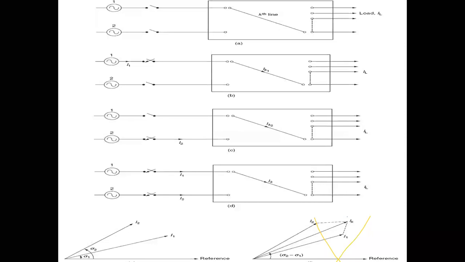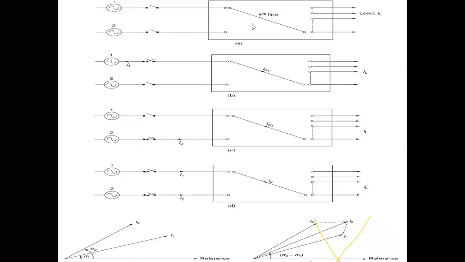According to this theorem, we apply inputs individually and see the response. Finally, we apply all the inputs together and again see the response, and these two responses must be the same. For example, let's consider figure 1. Here we are taking two inputs, input 1 and input 2, and this is a transmission network consisting of many transmission lines. At the output, we have only one load.